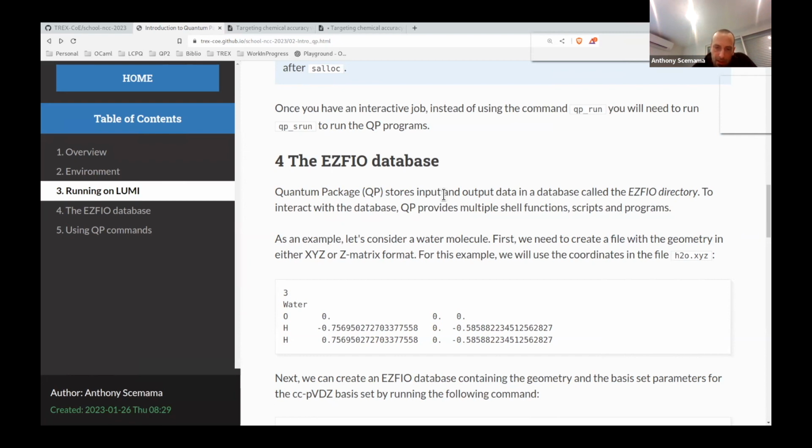You have a database where you have all your parameters inside, and you always interact with this database to change what you have inside. Let's say, for example, you create a database where you put XYZ coordinates and a basis set, so you have nothing else. And then you can tell Quantum Package, I want to get the Hartree-Fock energy using the data that you have in this database.